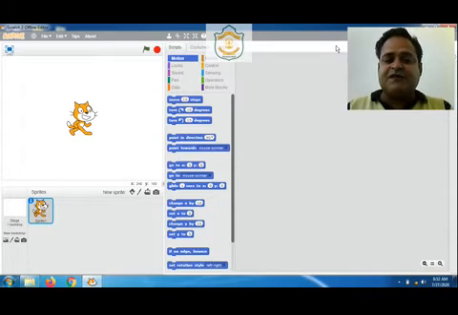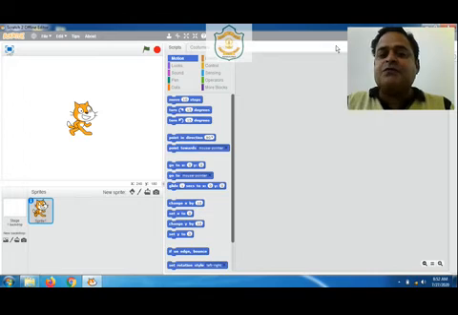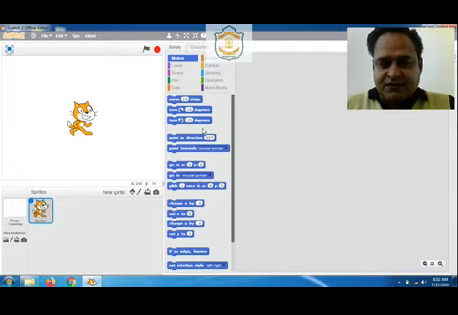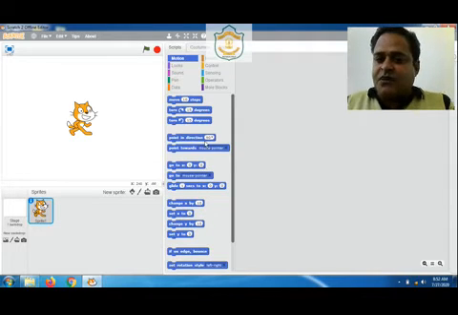In order to move the sprite, we need to use a few blocks in the script area. As I mentioned, these commands which are in the center are called blocks, which are executed when we move them into the script area.